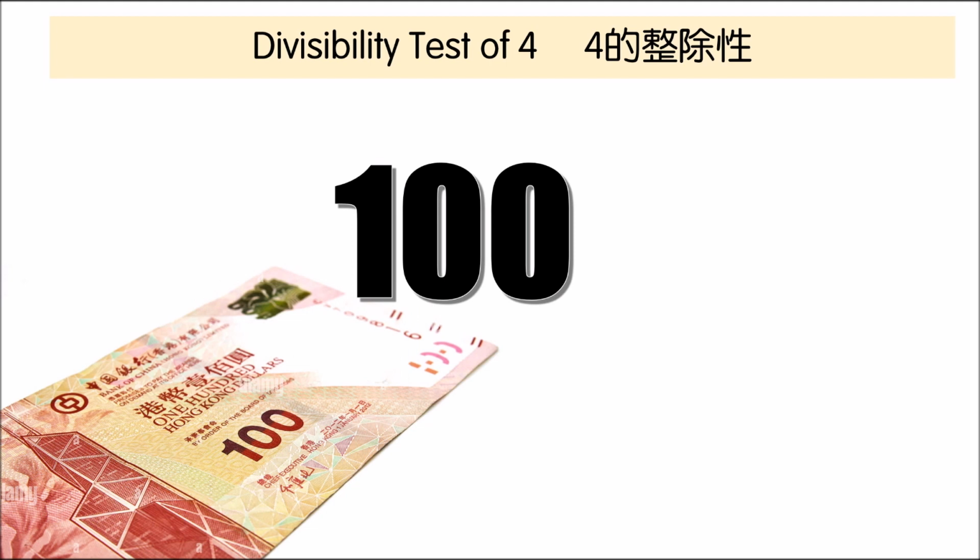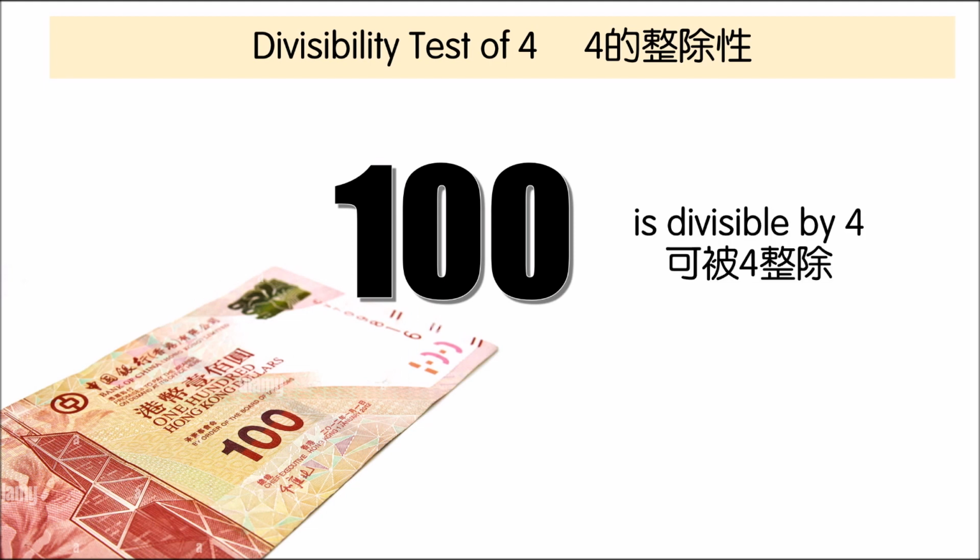For the divisibility of 4, the number 4 is actually in very close relation to the number 100. This is because 100 is divisible by 4. Let us look at this example,